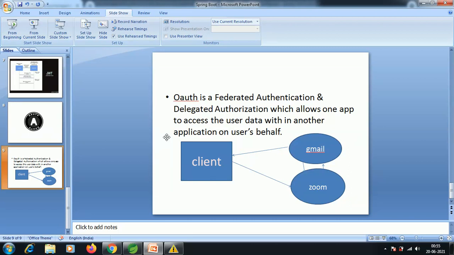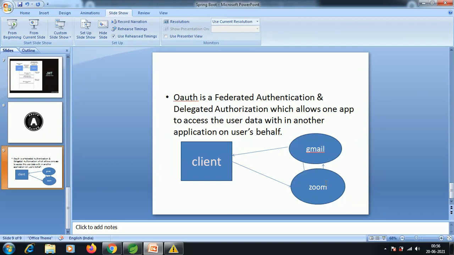Instead of the user sharing his Gmail password and ID, the complete credentials of his account, with Zoom, through OAuth, when the client clicks the Zoom application, it will redirect to Gmail, where he will log in, and from that point Gmail will share a security token with the Zoom application.